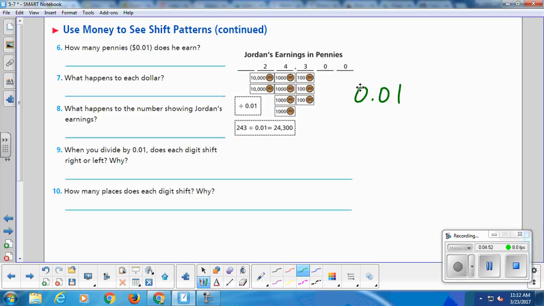Right. How many places do you move? 2 places. Okay. When you multiply by 1/100th, which way do you move? Right. How many places do you move? 2. So if you multiply by 100th, multiplication, and you move to the right, if you divide,